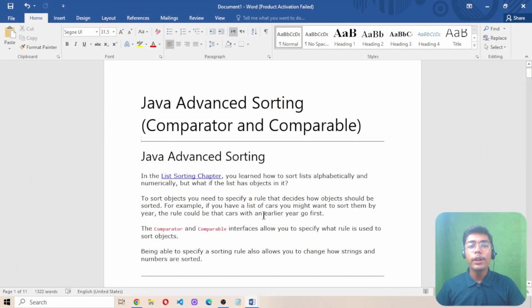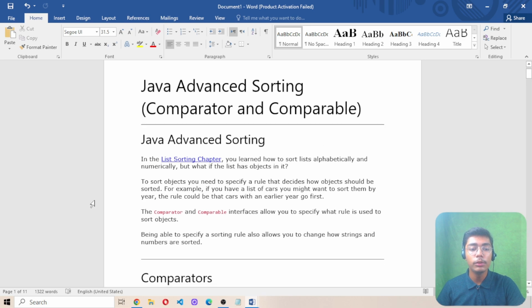Alright, so now we are on the computer screen, and like I told you at the start, today in this video we will be learning what advanced sorting in Java is and how we can use different types of advanced sorting using Java. Before understanding what advanced sorting is, we need to understand how we use it and what the purpose of using it is, and that's the reason we need to read this whole paragraph about advanced sorting, which says: